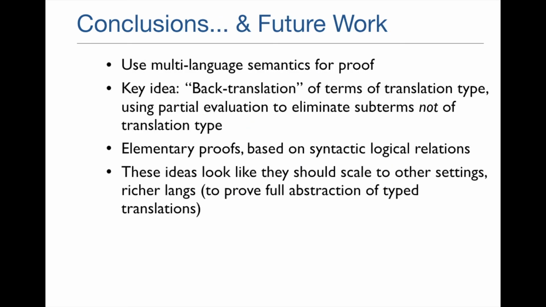So for conclusions, one of the interesting things they did in the paper was use multi-language semantics, which allowed them to break the proof up into nice, easily digestible sections. They have this idea of back translation where they have a translation type, and they show that basically if you have a term of that translation type, even if it has subterms that aren't of translation type, you can always partially evaluate to get back into something of the translation type and always go back into the